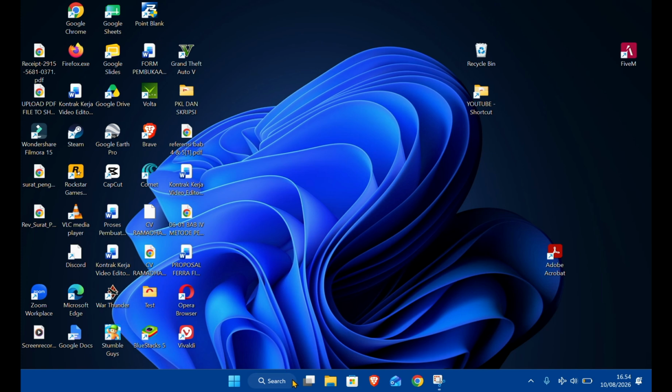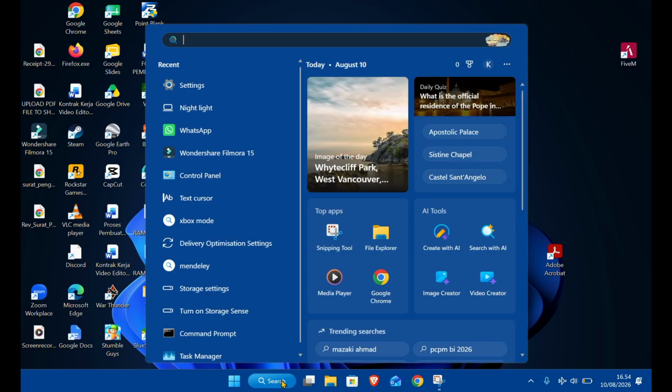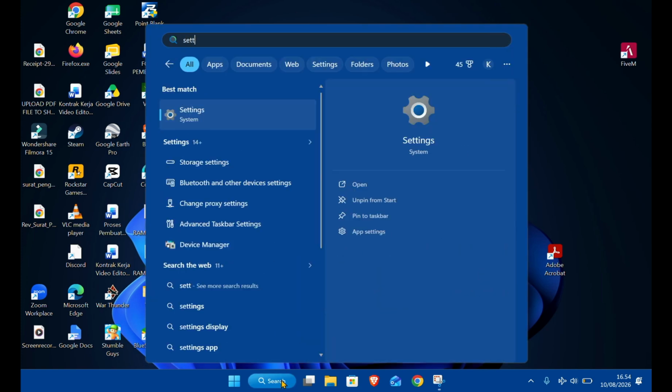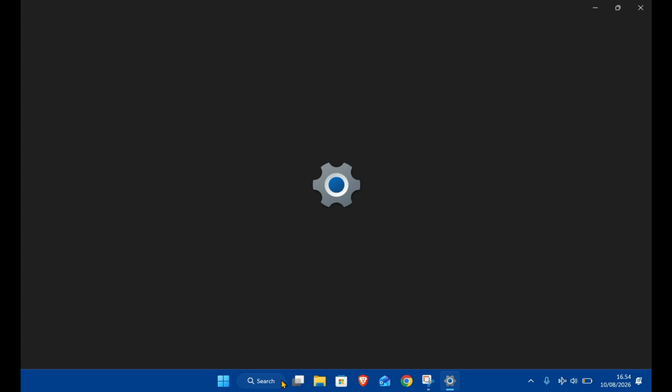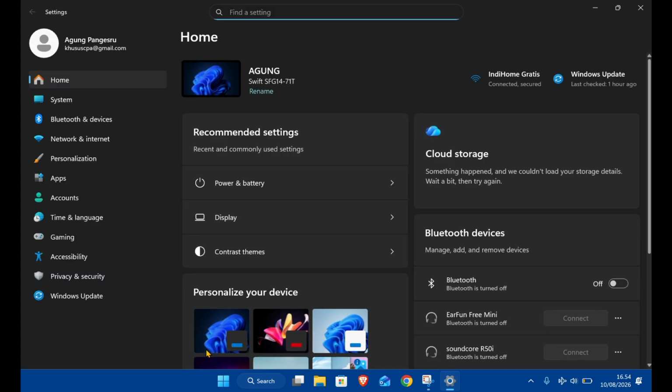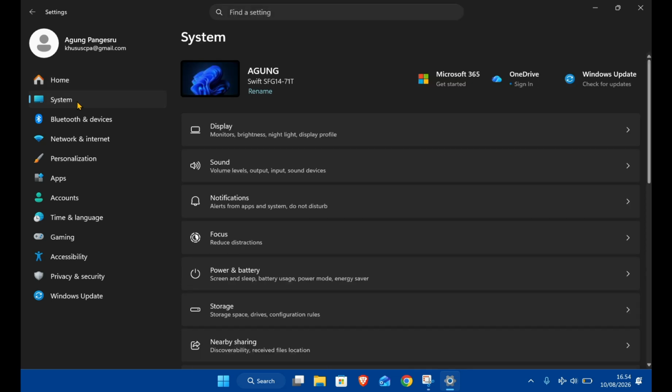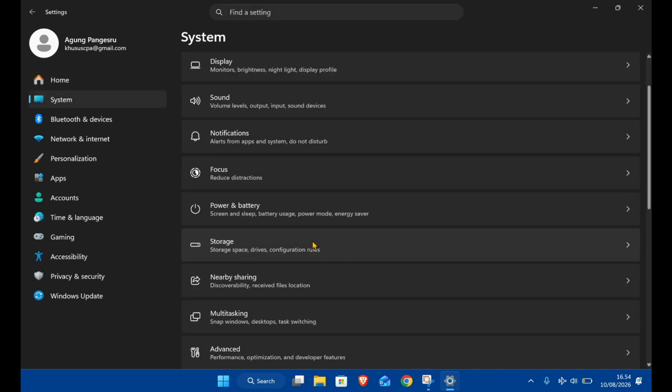So first, on your desktop you can go to your settings. I'm going to search for settings and hit enter, and then in your settings page you can go to System here, and then you can scroll until you find Power and battery here. Click on it,